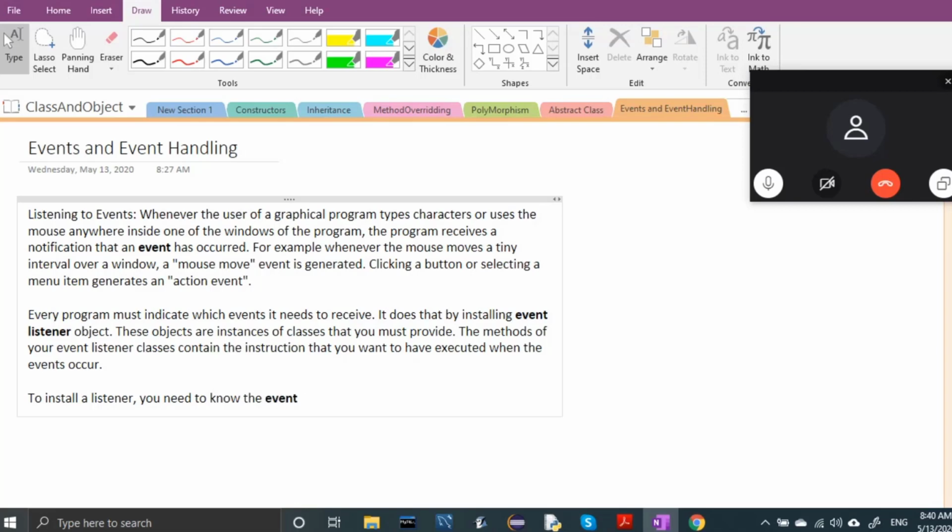You need to understand what we mean by event source: from where this event is occurring, which object is involved in the event. The object which is involved in the event is the source of the event, right?